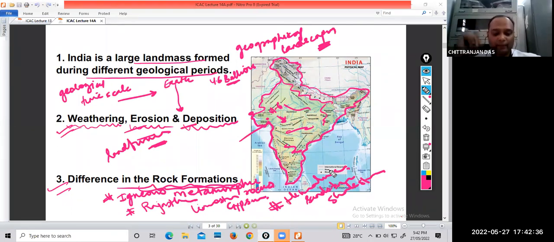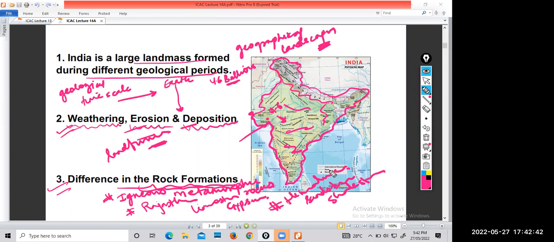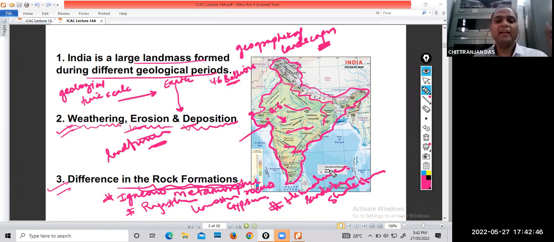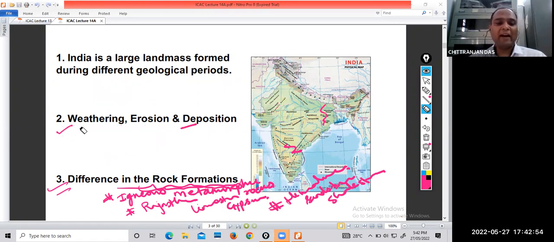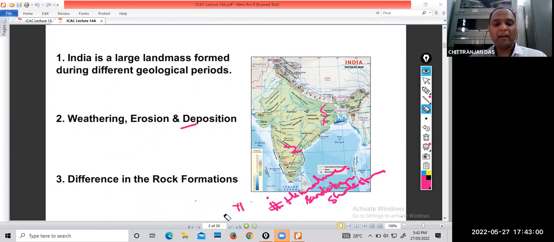Is it clear? Yes or no? Tell me. Agree or don't agree? Yes, sir. Okay. तो सबसे पहले ये 3 reasons आपको हमेशा याद रखने हैं. These 3 factors you have to always remember. I am simplifying it: all these 3 points have been written, and I am trying to simplify them for you.